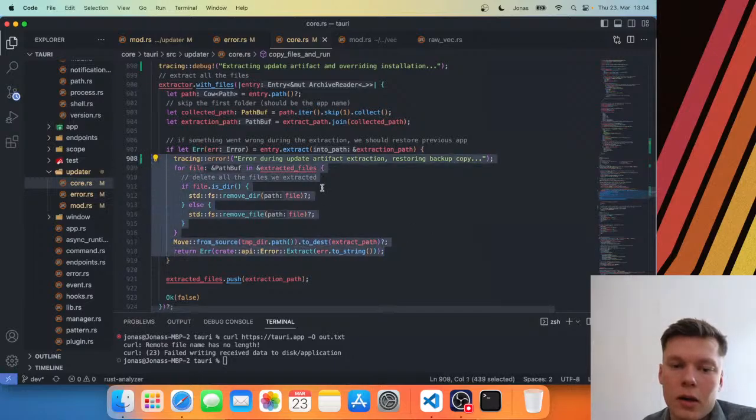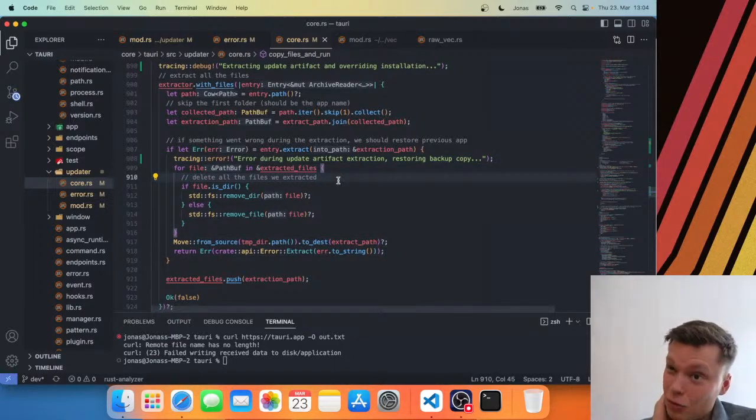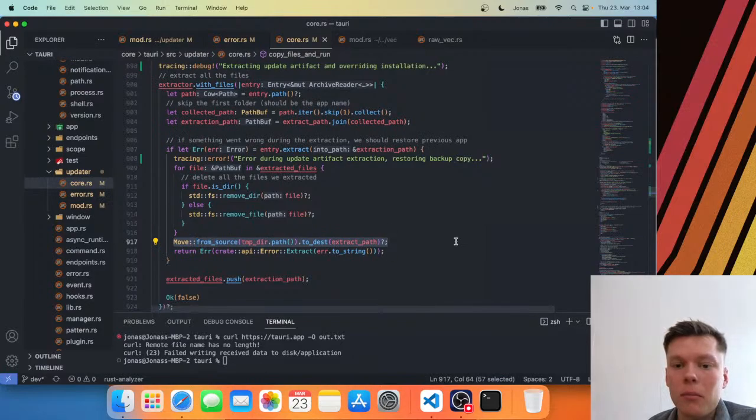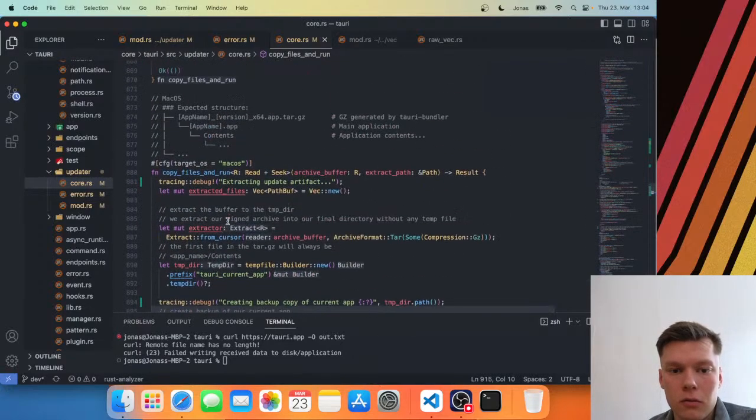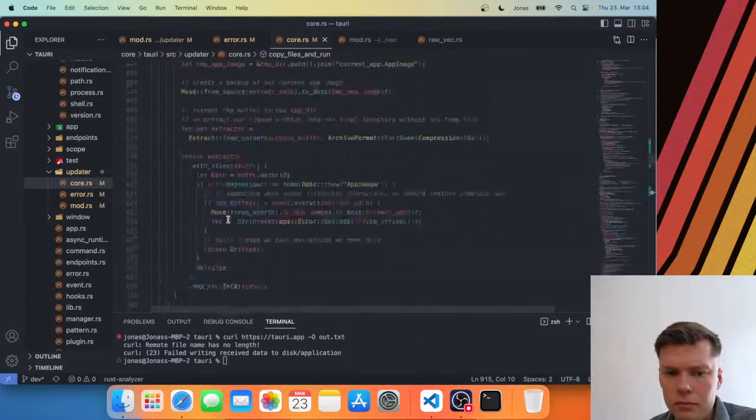So I guess it would make more sense to extract into a temporary directory and then move, because then the temporary directory would sort of contain a broken app. That's fine. And if the move fails, then that's also fine, because the app is left in a good state instead of a broken state. Anyway,